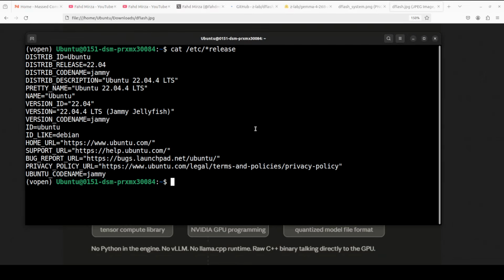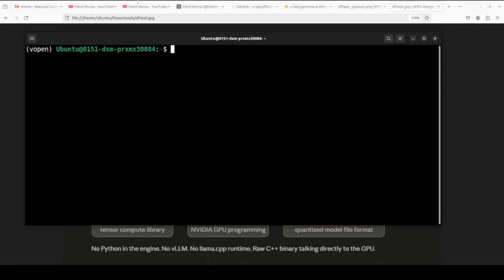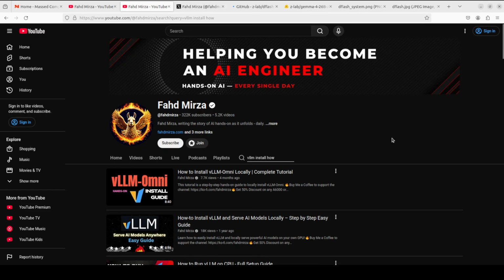Let me take you to my terminal where I'm running Ubuntu. I have one NVIDIA H100 GPU card with 80 GB of VRAM. The tool which I'm going to use in order to check out this model is vLLM. If you don't know what vLLM is, just go to my channel, watch the vLLM video and you will be able to install it fairly quickly. You would just have to install it from the branch at the moment,